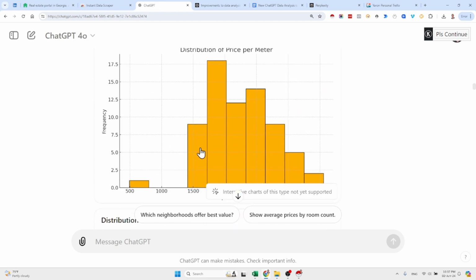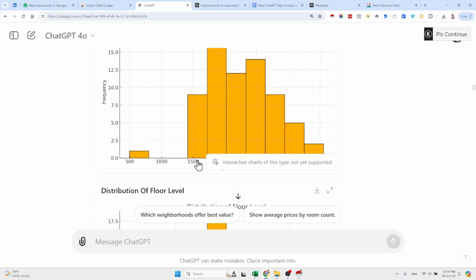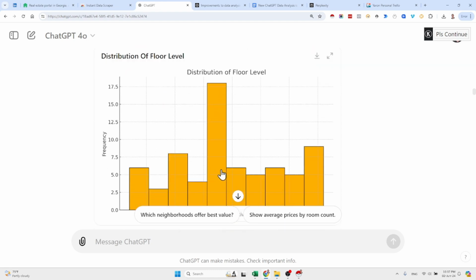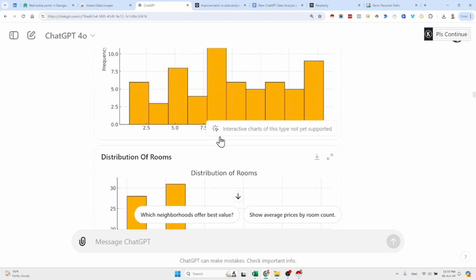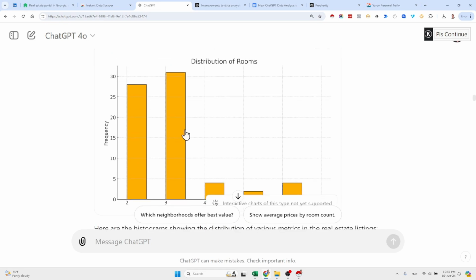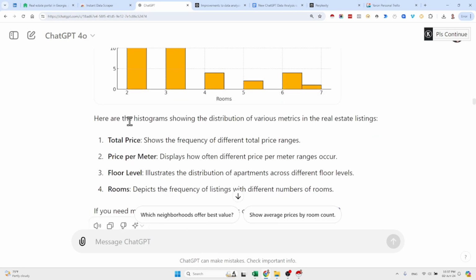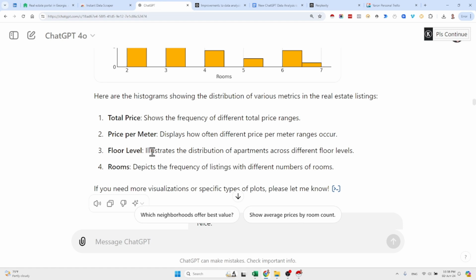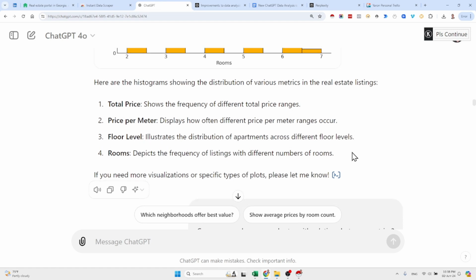Distribution of price per meter, so the frequency of apartment based on the price per meter. Distribution of floor levels. And this took like 1 second to generate. Distribution of rooms, and now there is an explanation of the histogram. So the total price shows the frequency of different total price ranges. The price per meter displays how often different price per meter ranges occur. Floor level illustrates the distribution of apartments across different floor levels, and the rooms depicts the frequency of listings with